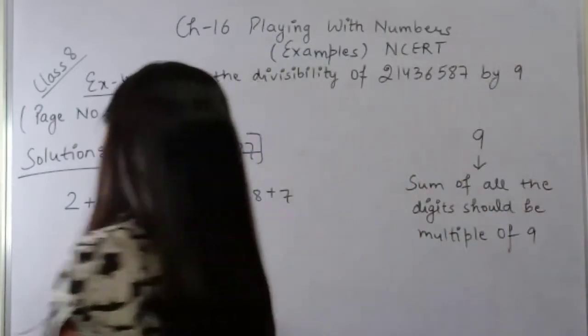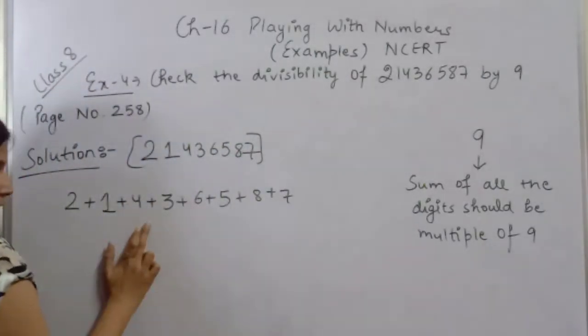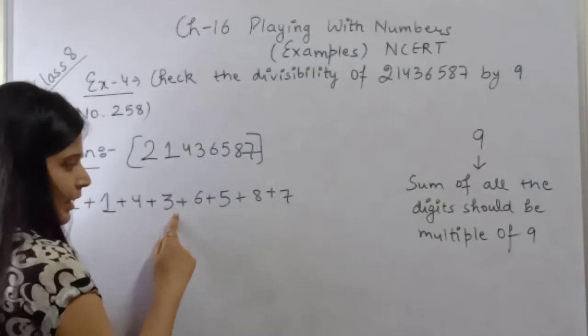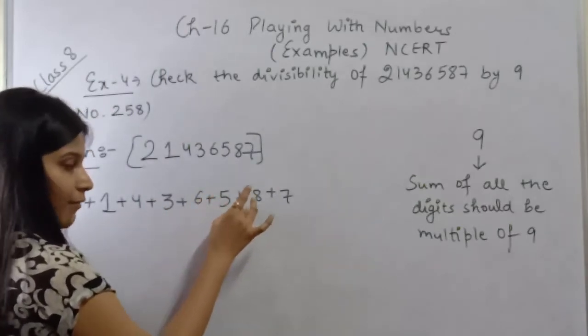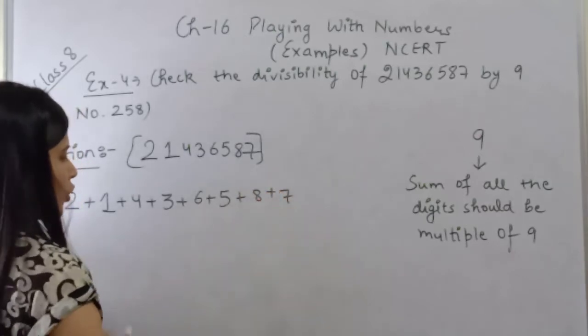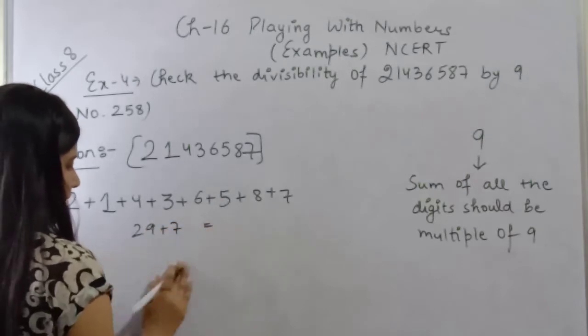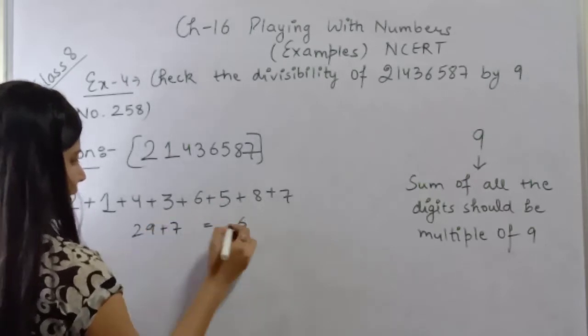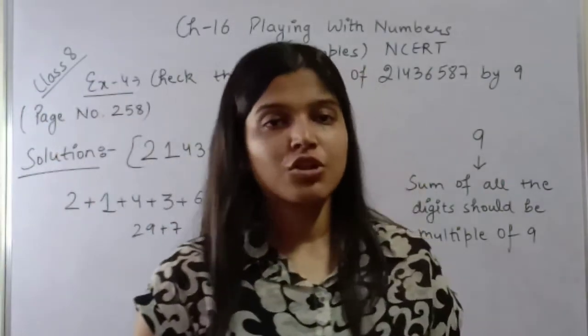Okay. So 2 plus 1 is 3. 3 plus 4 is 7. 7 plus 3 is 10. 10 plus 6 is 16. 16 plus 5 is 21. 21 plus 8 is 29. And 29 plus 7 is 36. The sum of all the digits of this number is